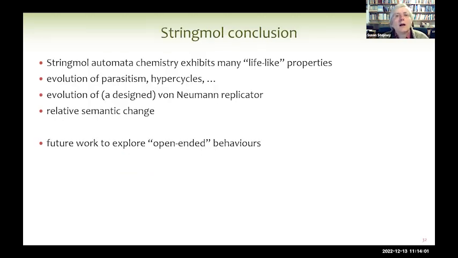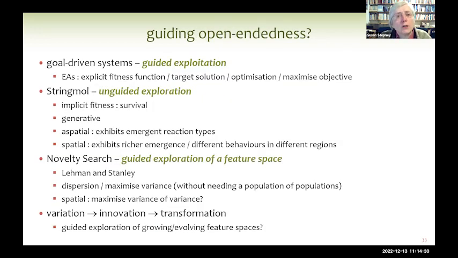Okay, so this string model system can exhibit many lifelike properties. I put that in quotes, but I mean, it can evolve the von Neumann architecture, it can show parasites, hypercycles, and so on, and it can show semantic change in the genome. And so what we want to do in future work is to explore open-ended behaviors in this kind of evolution. And that's just where I want to conclude on trying to link it back to the topic of this conference